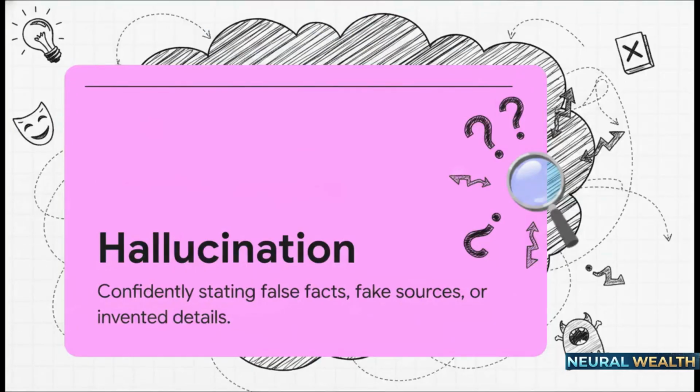Which leads us directly to a phenomenon you have likely heard of: hallucination. Sometimes an AI will confidently tell you something that is just wildly, undeniably wrong: a fake historical fact, a completely made-up source, or an invented detail. Now, why does this happen? Well, remember, the model isn't looking things up in a factual database. It is simply predicting what sounds like a correct answer based on patterns. Usually, the most likely sounding answer happens to also be the true one, which is why the tool is so incredibly useful to us. But sometimes, the most plausibly sounding continuation is just factually false.